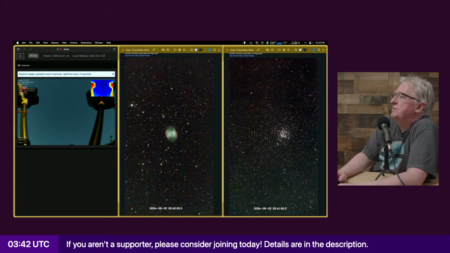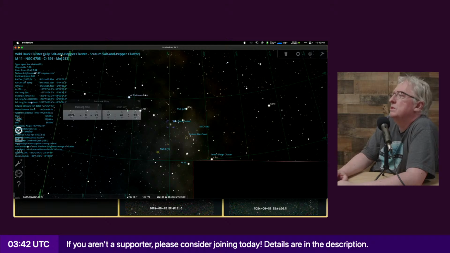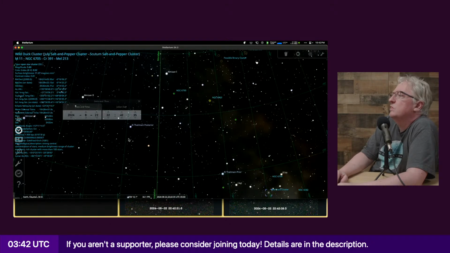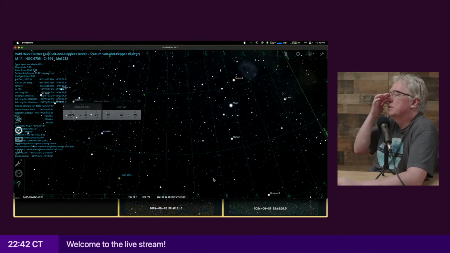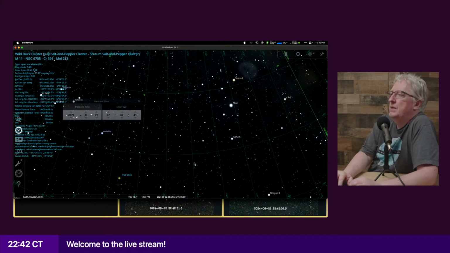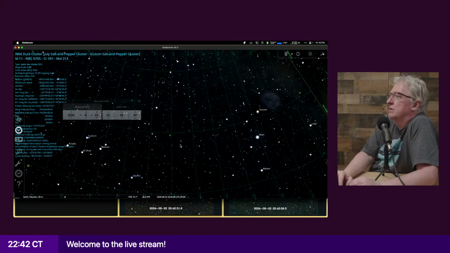But let me see if there's something else I can do besides M27. I could do the Crescent Nebula, maybe. But yeah, having it where it recovers better would be nice.